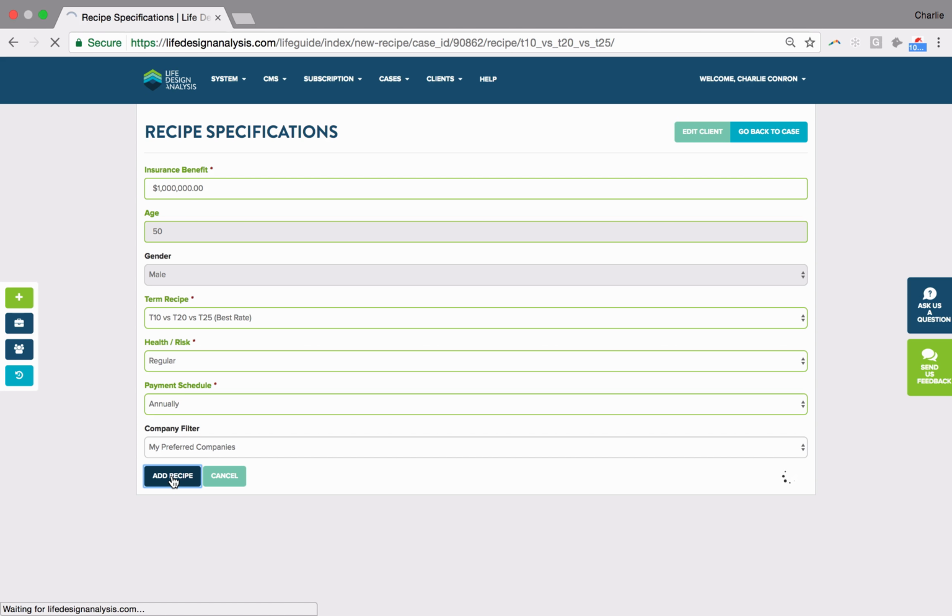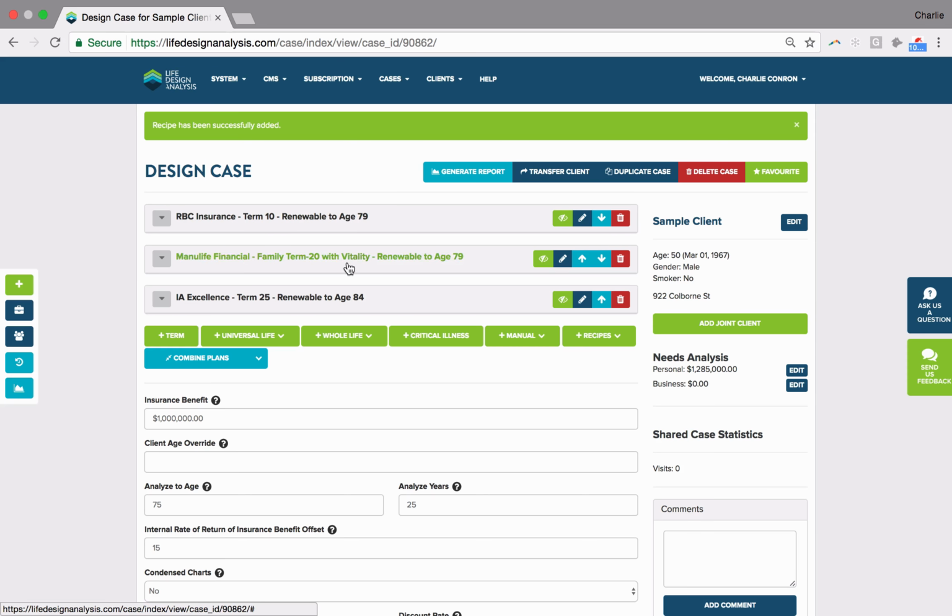So again, for someone coming to us with a mortgage, we don't just want to get them the best term 10 rate. We want to show them some options. So what our software has done here is it's gone to the market and found the best term 10, the best term 20, and the best term 25 out of the carriers that I have set in there that I'm licensed with. Now, all you as the advisor have to do is click Generate Report,